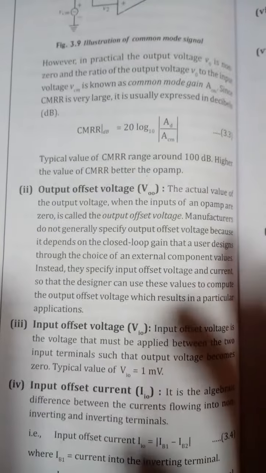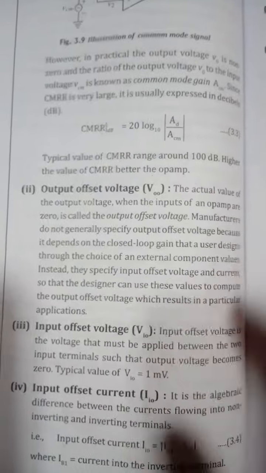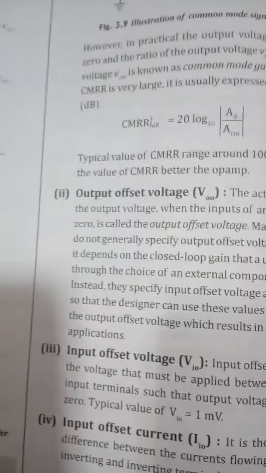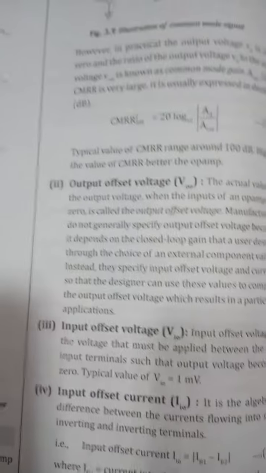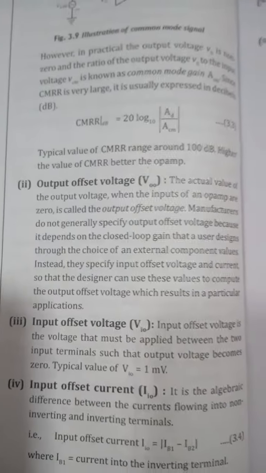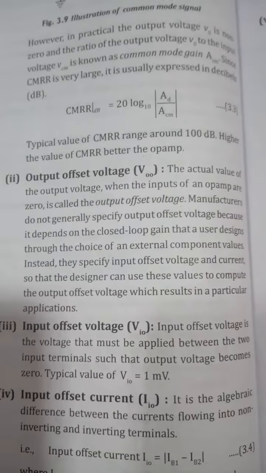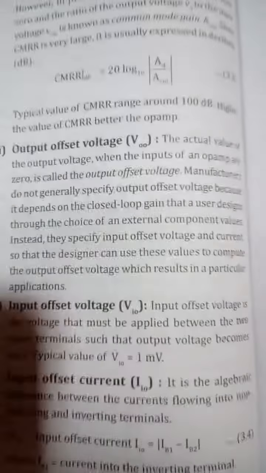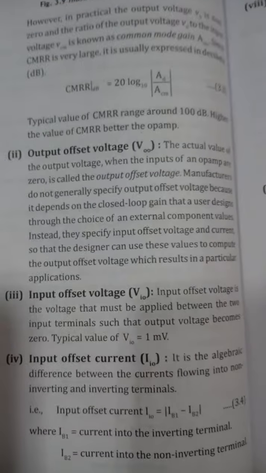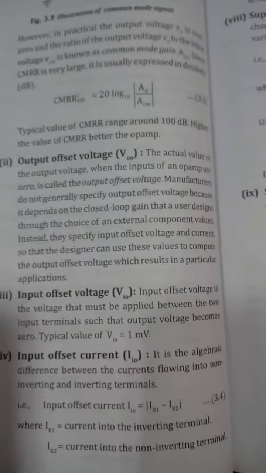Whenever they are designing the IC of an op-amp, there are two offset voltages given. These will be connected to an external potentiometer so that they can be nullified. Offset voltages are usually nullified depending on the input offset voltage and input offset current, so that they do not result in extra parameters arising when the IC is being used. So that is your offset voltage.